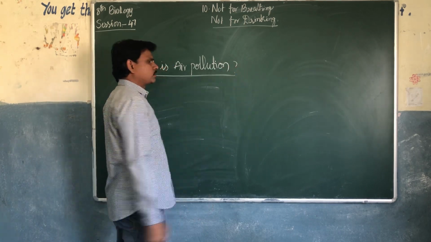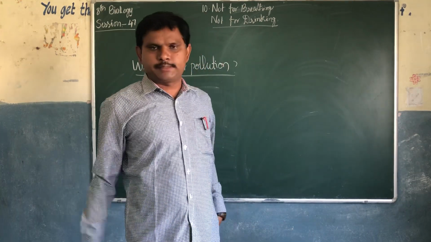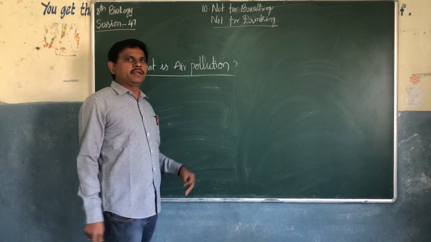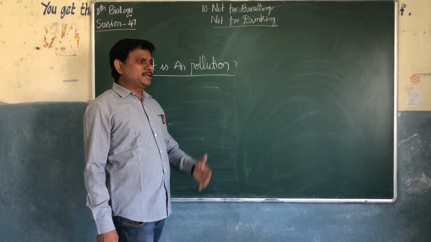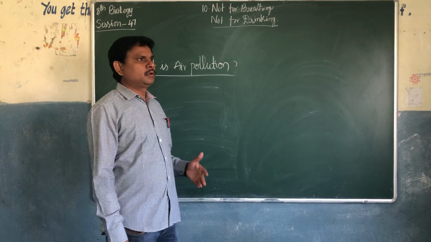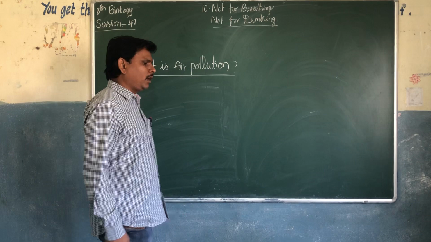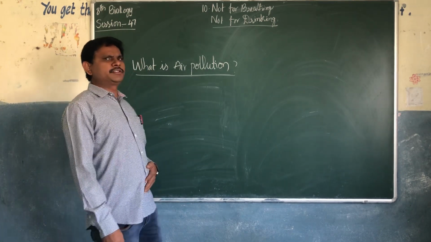Before discussing what air pollution is, we should know that air is a mixture of gases. In our atmosphere, different types of gases are present. So, what are the components present in the air? What are their symbols, and what is the volume of each? Air is very essential for us.